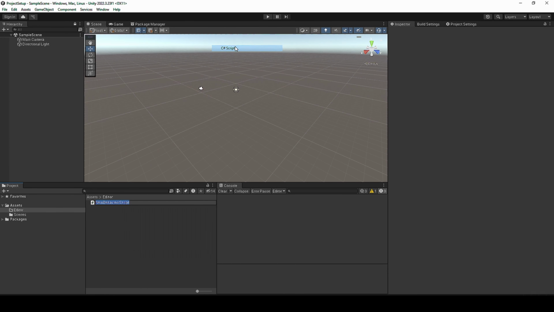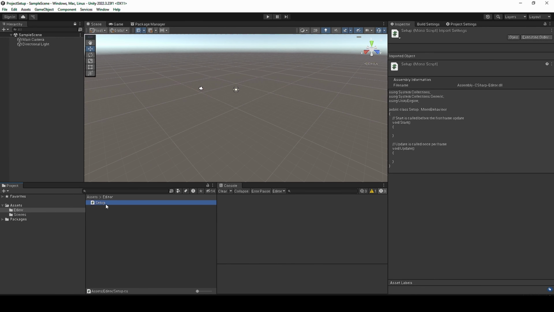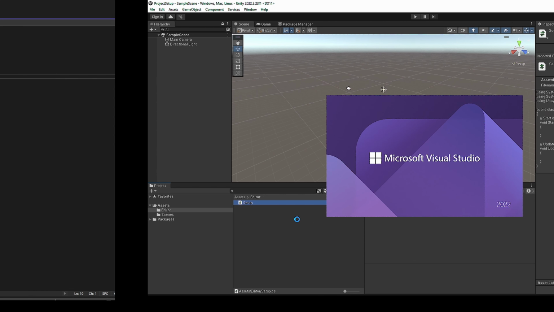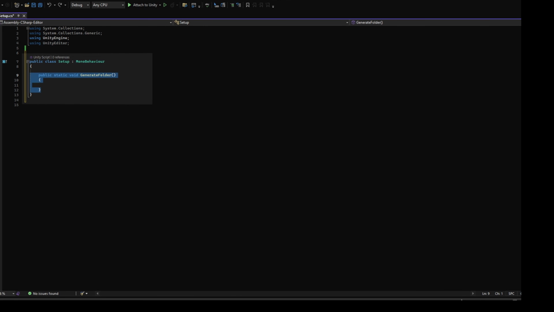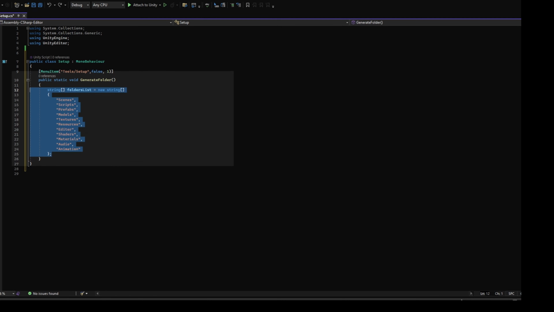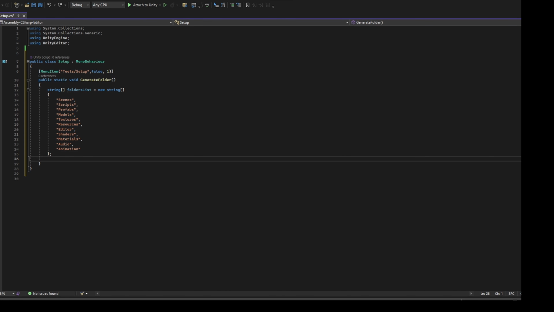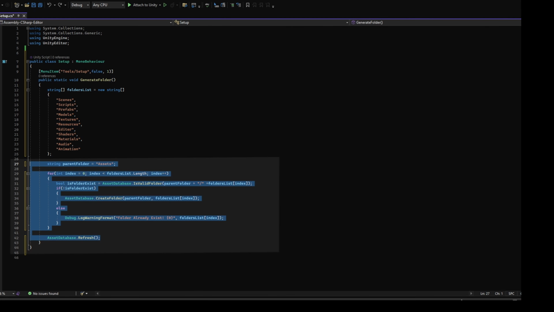We create a new script inside an editor folder. This tells Unity that it's a special script meant for the editor. First, we import Unity Editor to use editor features. Then, we make a static function and use MenuItem so it shows up in the Unity menu. Inside, we list the folders we want, check if they exist, and create them using